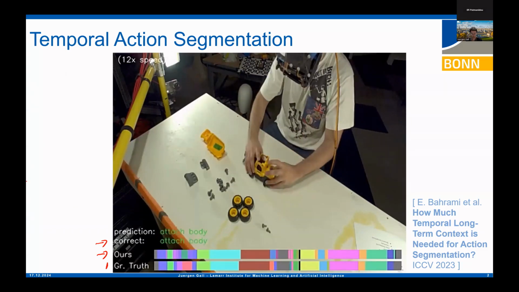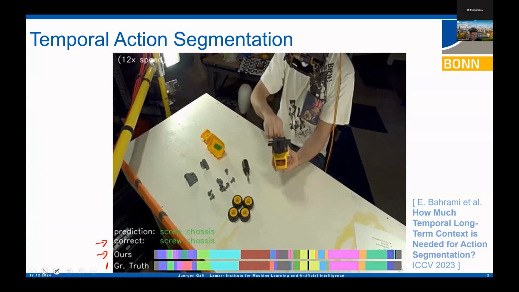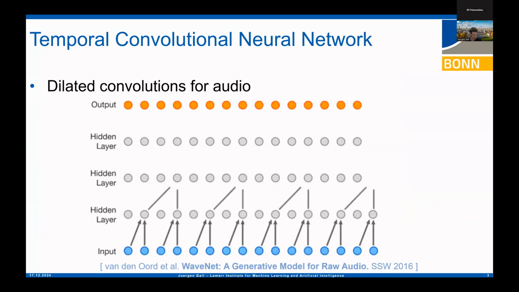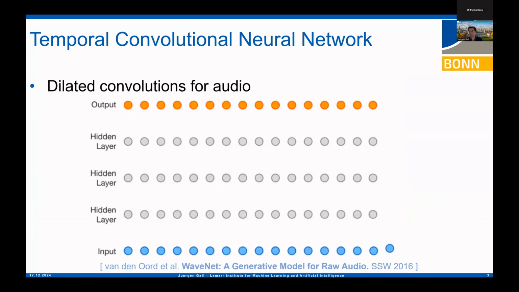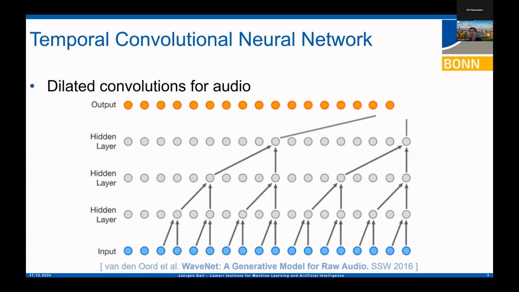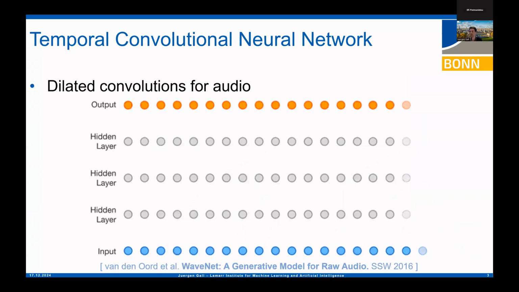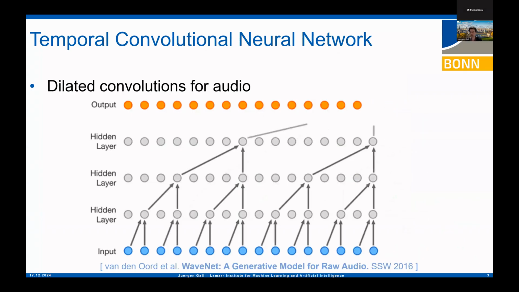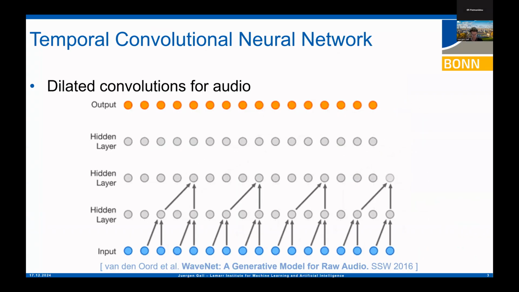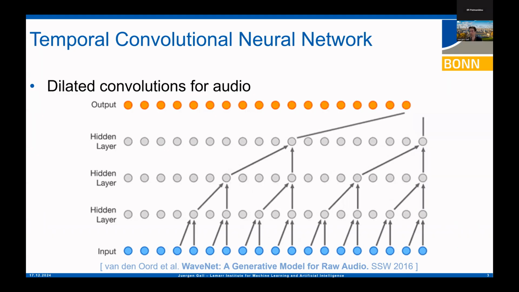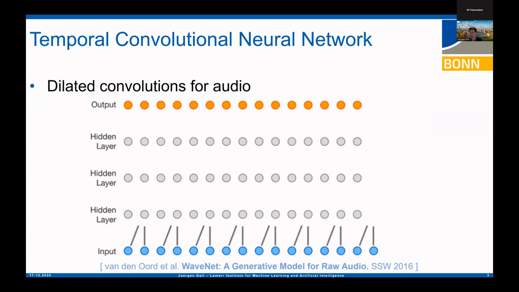So let's have a look at how we can build such a model and how this kind of model evolved over time. For the first setup, if you want a relatively light model, one of the major aspects, when we talk about long videos of 30 minutes or longer, is that you need a very long temporal receptive field. One simple approach based on convolutions to obtain a very large receptive field are so-called dilated convolutions, applied over time.